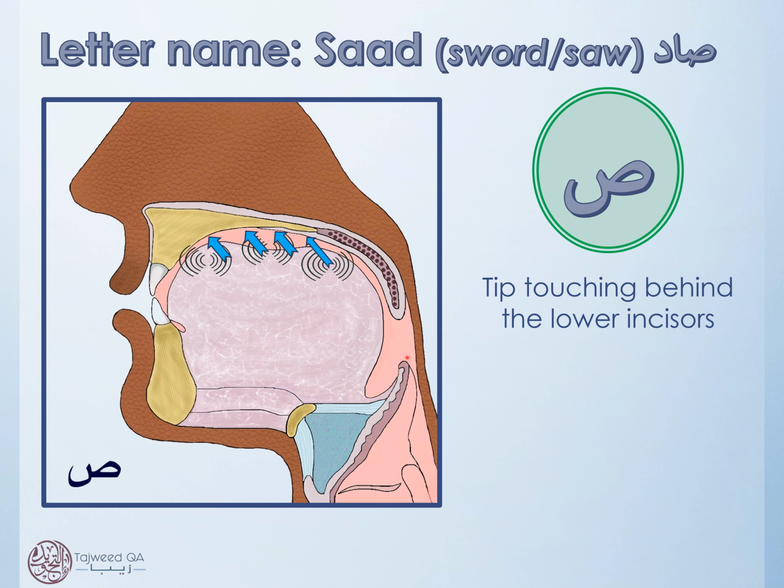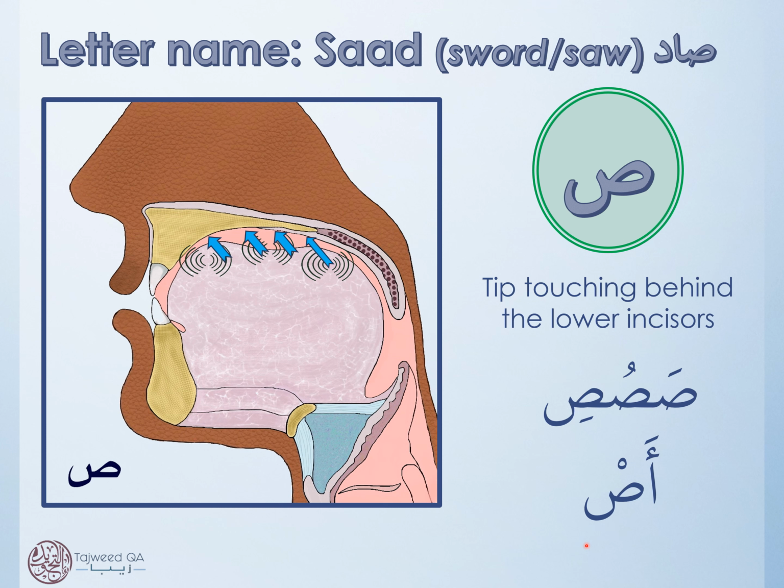There's a narrowing in the throat, there's elevation of sound, and there's echoing sound. So it's pronounced with elevation of sound and echo of sound. So when it's pronounced with Fatha, Dhamma, Kasra: Sa, Su, Si. And when it's pronounced with a Sukoon, you can hear the characteristics, which in Arabic we call the sifat, of the letter very clearly. S, S.